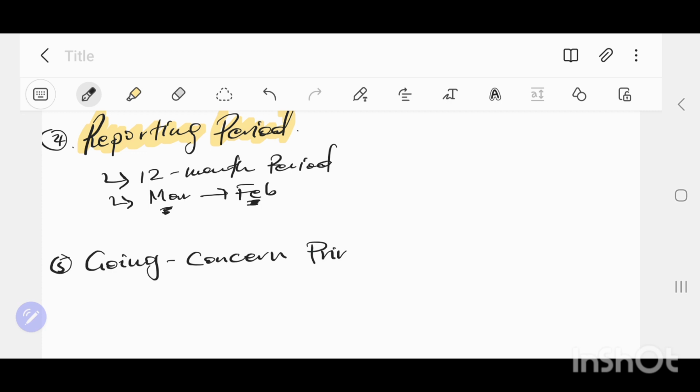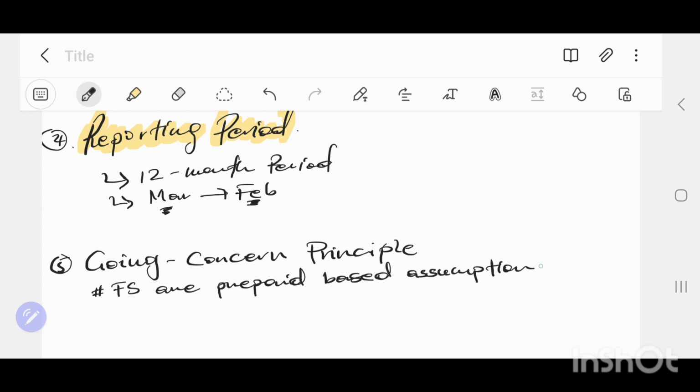The going concern principle states that our financial statements must be prepared based on the assumption that the business